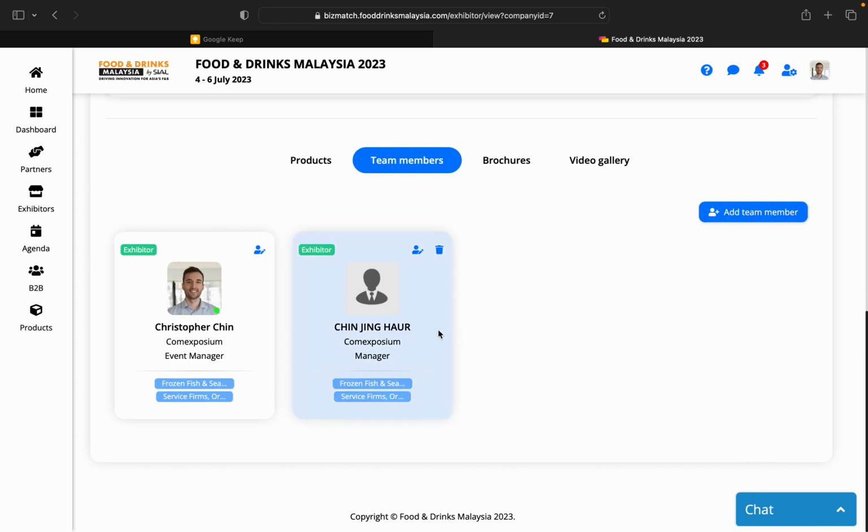So they will have to log in using the credentials they receive in their email and update their own personal profile, which is their My Profile, and then all of the information and their images will be updated from there. So do advise all of your team members to go into each of their profiles and update their information, because then